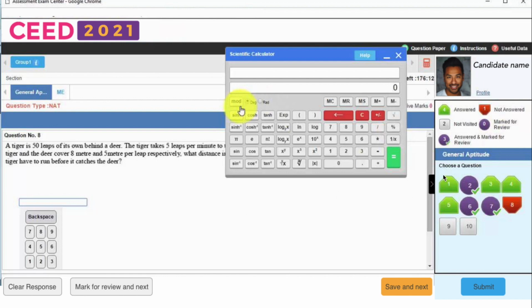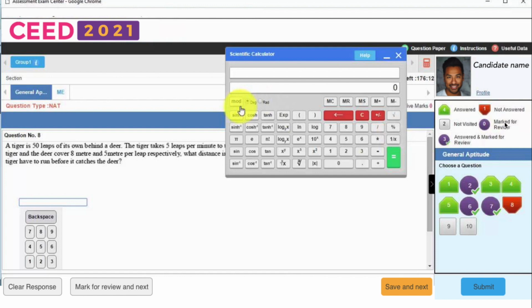There is an interesting interface over the right side. Here you can see the different types. For example, the green small trapezium, pentagon, whatever that is, shows that you have answered the question. The small downward pointing red colored box shows that you have not answered the question. Similarly, the next questions are shown as not visited. Once you have visited, this box will turn into any of these three states.